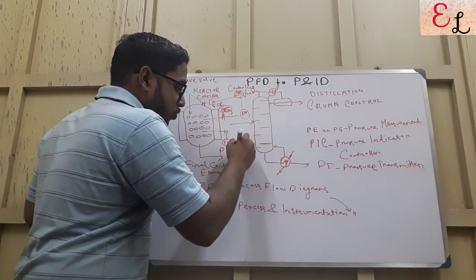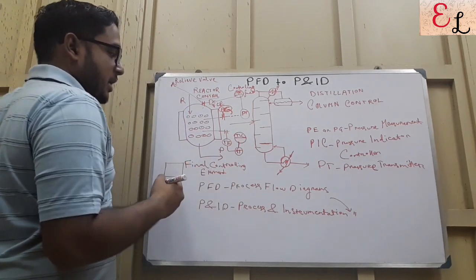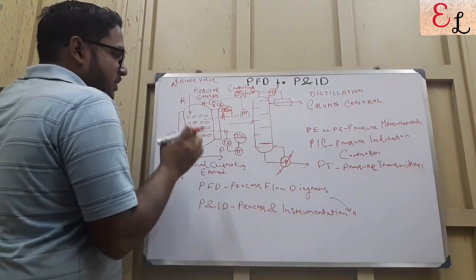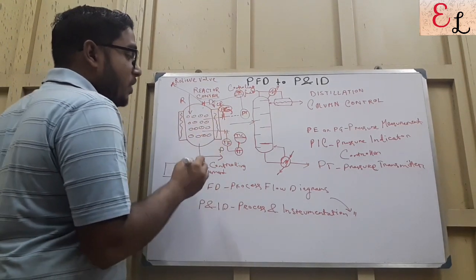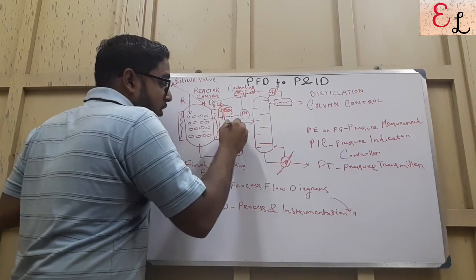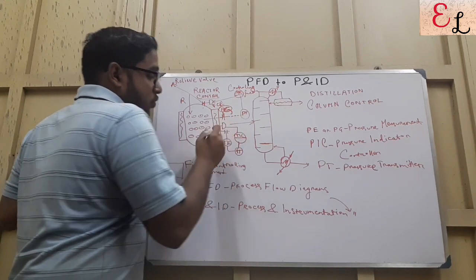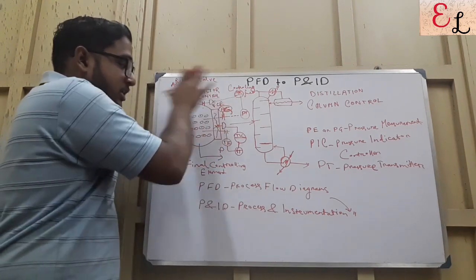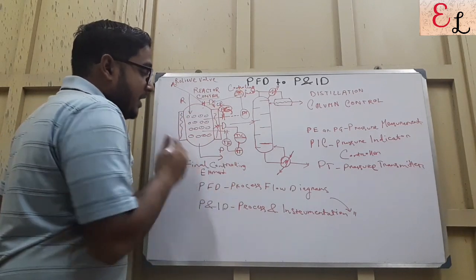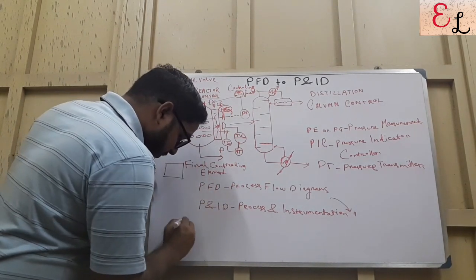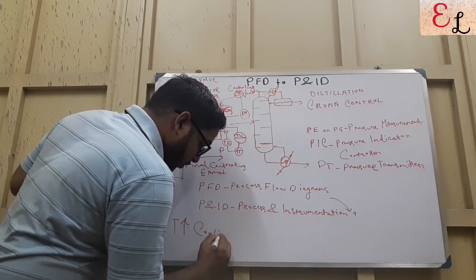And then we move on to TIC, that is temperature indicator controller. And how do we control the temperature? We keep a cooling arrangement, that is some cooling water or some cooling fluid, and we basically control the flow of the cooling fluid through the jacket of the reactor. By controlling the flow of the cooling fluid, if the temperature shoots up,